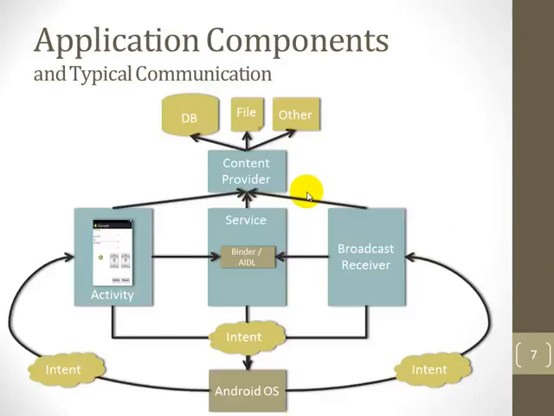This diagram here represents kind of the typical interactions between these different types of components. Your content provider will go off and get data from a database, from a file, from some network connection. It could make up data, whatever you want to do with it. It's accessed via a REST-like interface by your activities, your services, and your broadcast receivers. Your activity may talk to a service. The service